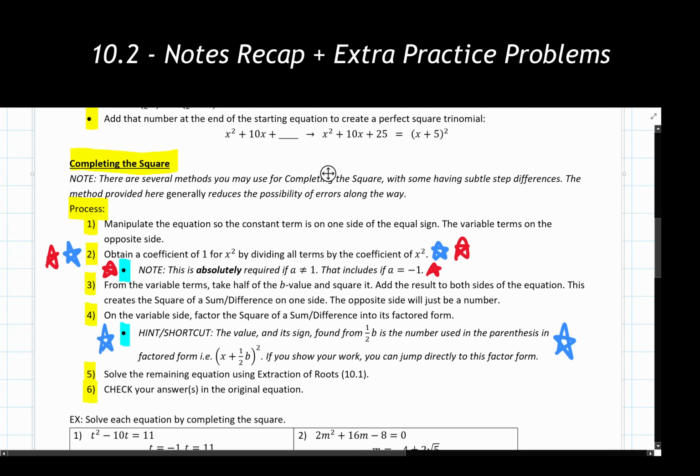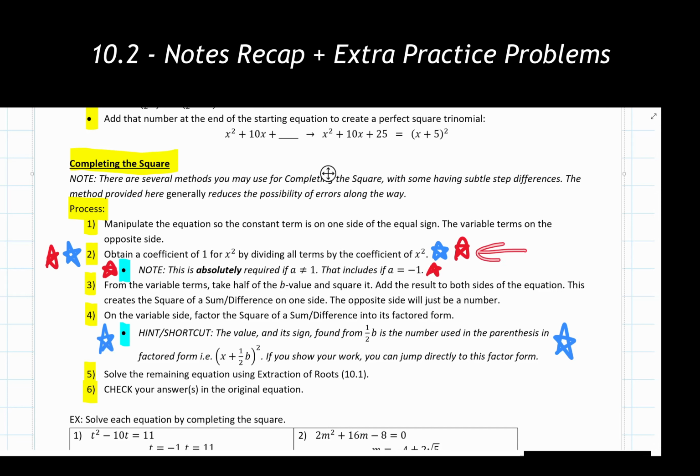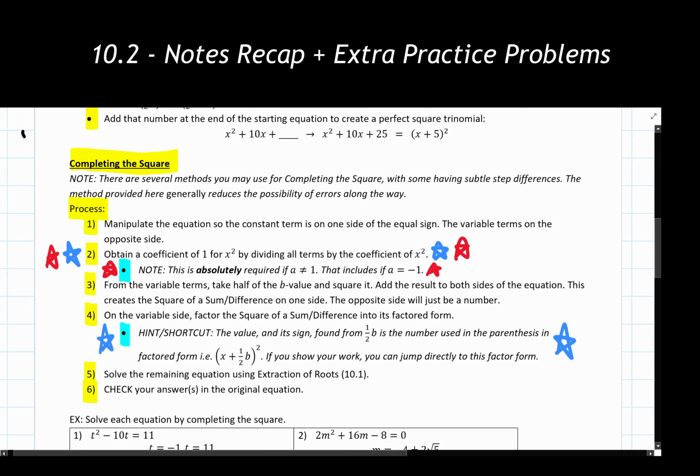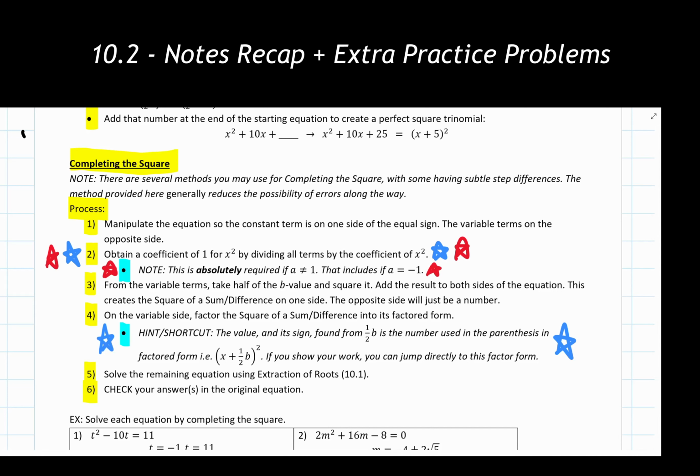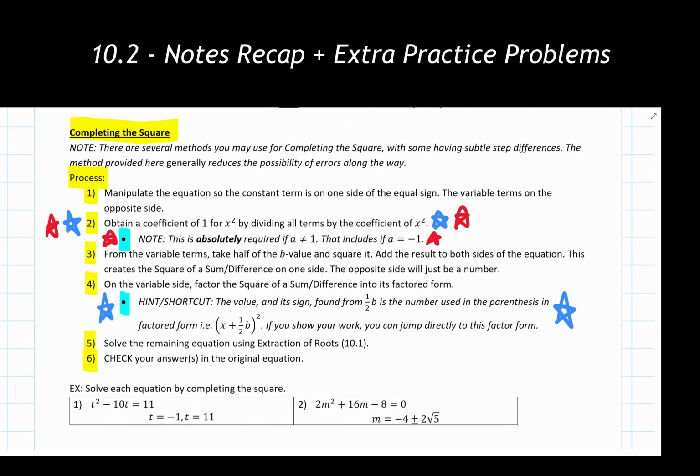If you are going to use this method, again, highlight, put stars around, whatever you need to do for step 2. We are going to be using that on a regular basis, and a lot of people miss that as they are going through these problems, and that costs them a lot of points. But I'd recommend writing this down for yourself and pausing the video here if necessary to do so, to make sure you have all of this and you can follow these steps as you go through and solve these examples.